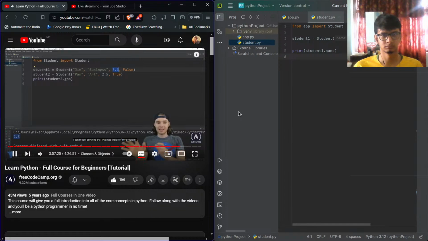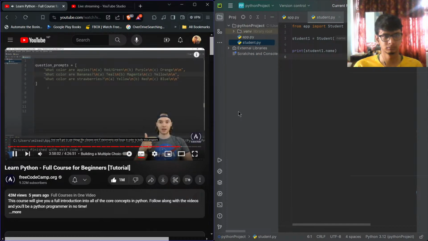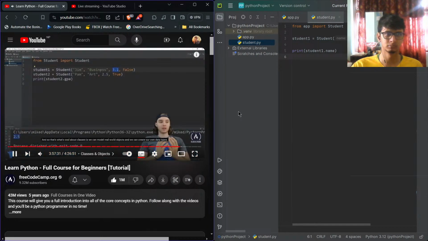I can model anything that I wanted inside of my data types, score, and if statements, and loops. And a little multiple classes is we can model real-world objects, and we can create